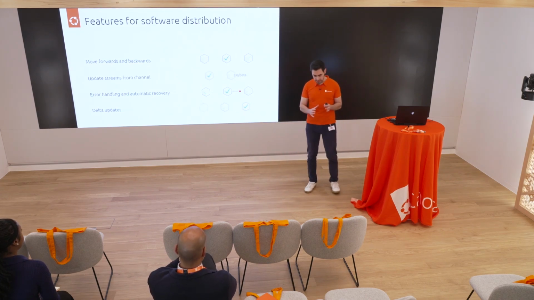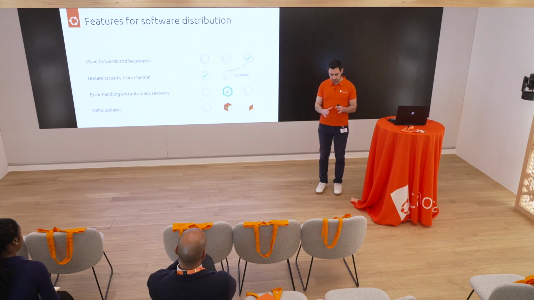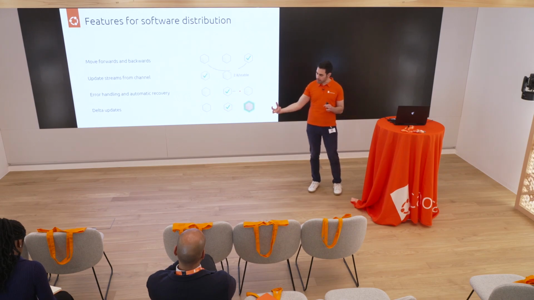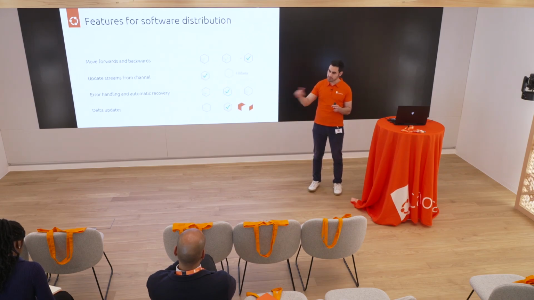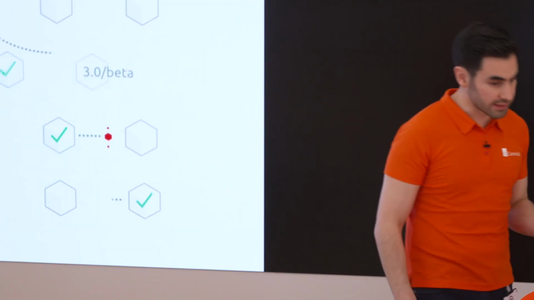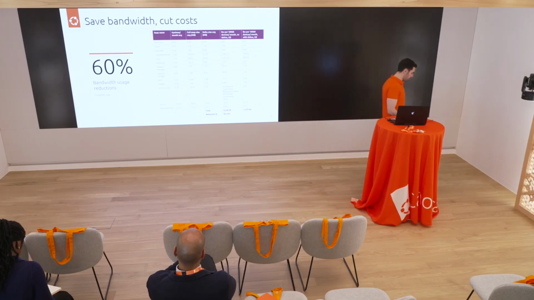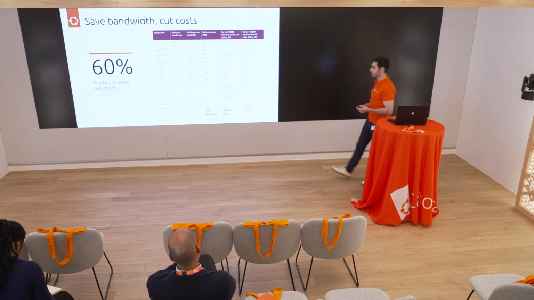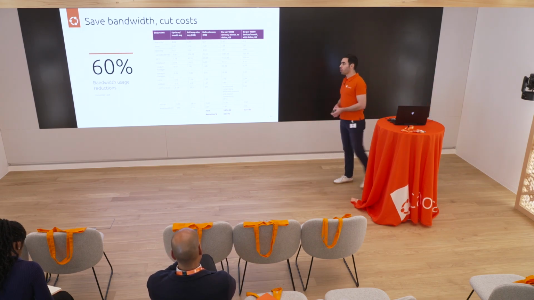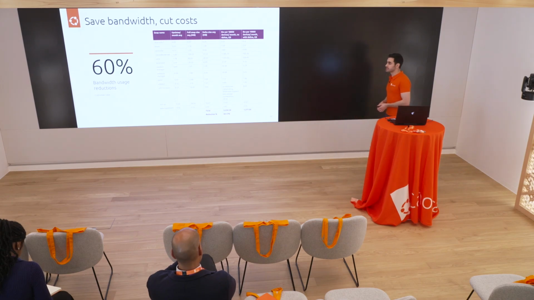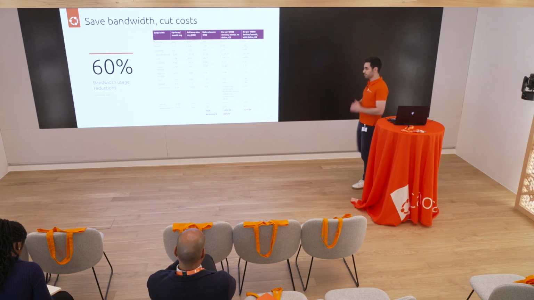So it is literally like a compression system that allows you to take what is currently Snap A on the system, see what has changed with my new update, and only transmit those binaries that have changed. And this, of course, helps you save bandwidth and cut costs. Companies like Rigado or Dell have been using this system to reduce almost 60% of their bandwidth costs.